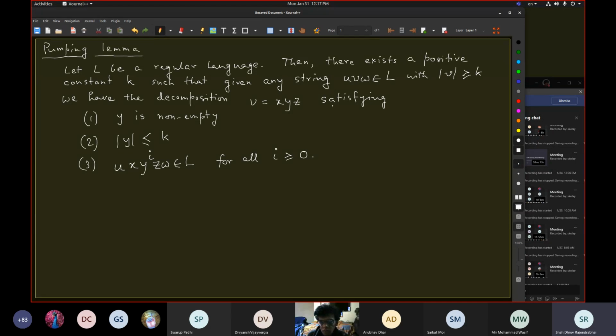And n is greater than or equal to k, so the number of states is greater than or equal to k plus 1. Since the DFA has only k states, there must be a repetition, and that repetition defines y. I can take this y out from V, and the machine still reaches a final state. I can pump in y as many times as I want, and the machine will still end up in the same final state. Okay, we have seen this. A formal proof requires you to handle the properties of the delta hat function for the DFA. Since we have done this proof already,